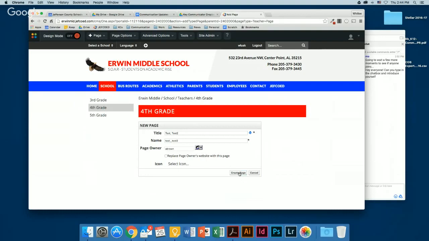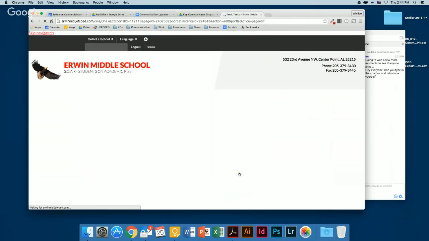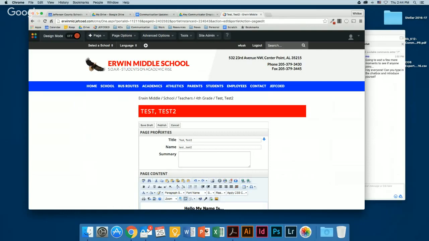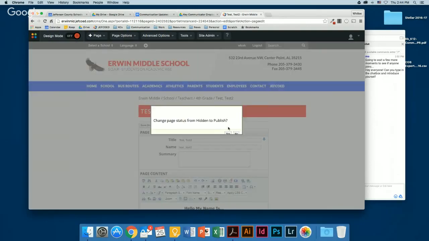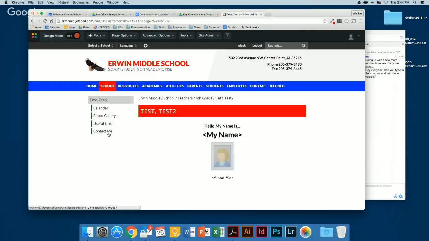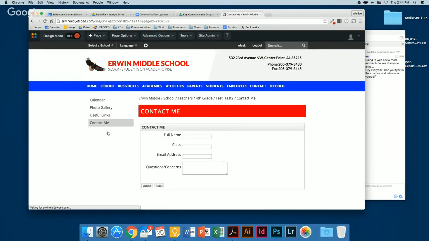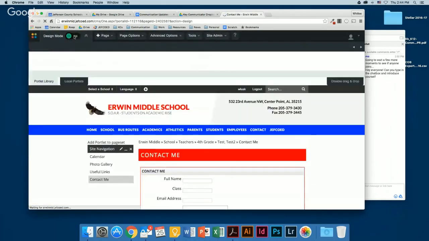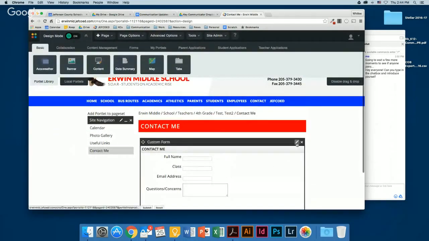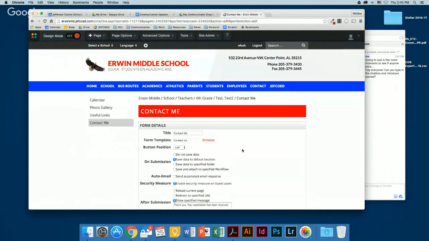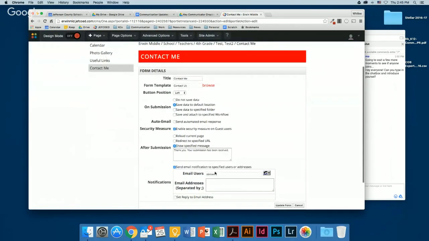So now when I hit create page and publish it, yes. When I go to the contact me form, I'm going to turn design mode on, click on edit, and see that A. Brown is where this form submission is going to go.